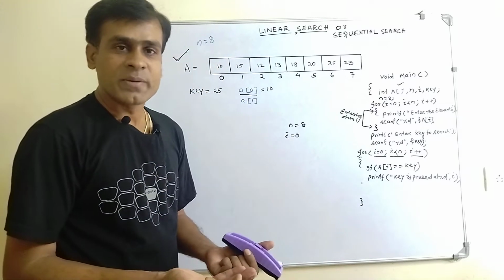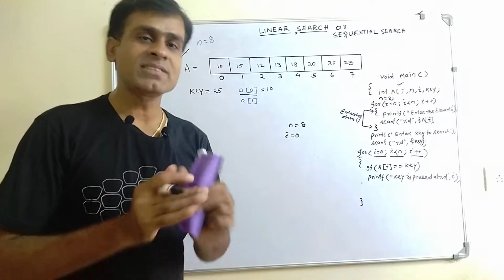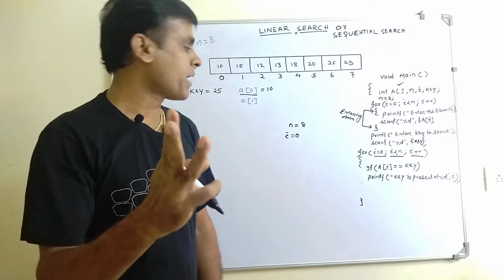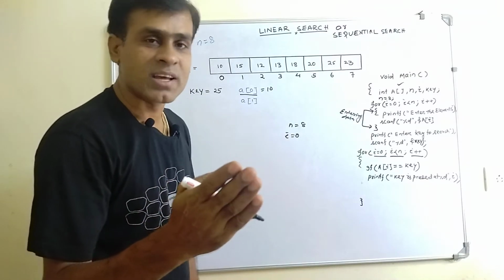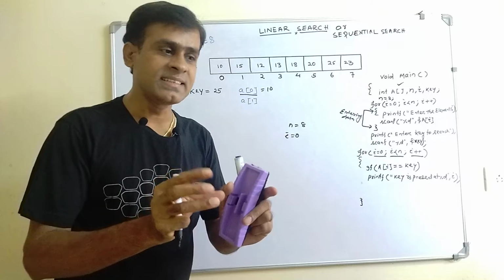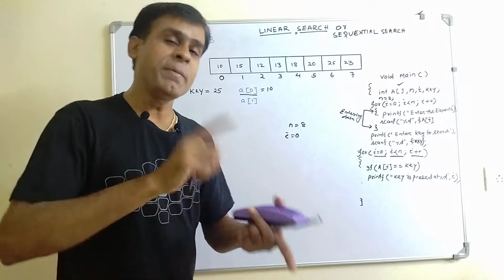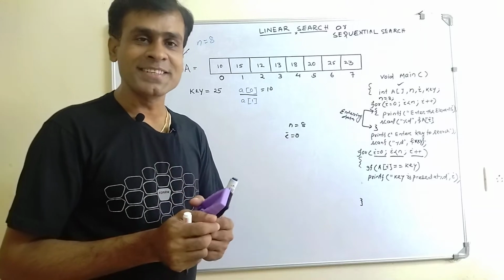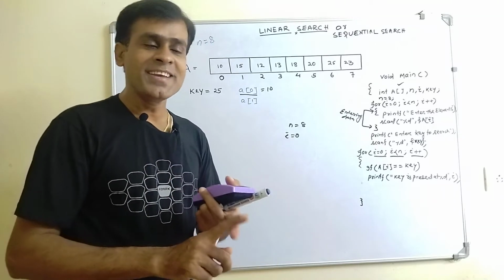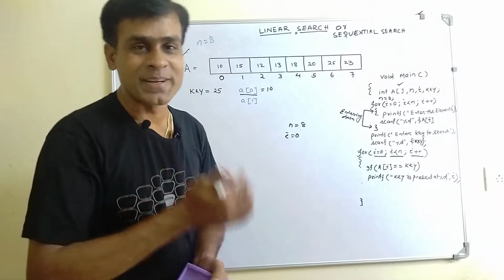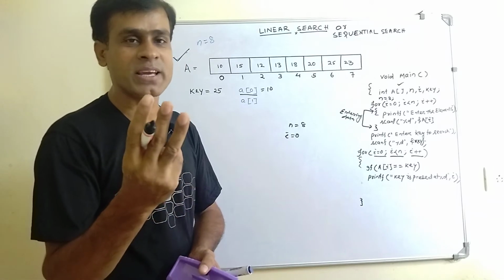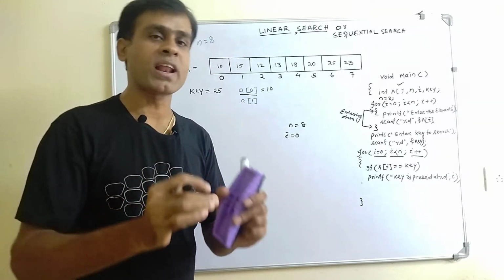Else case, key is not present. But whenever you are searching an element, keep 3 things in your mind. First, whether the element you are searching for is present or not. Second, if it is present, how many times it is present. Third, if it is present, at which index it is present. So you have to keep three things in mind, depending upon your program's capability.